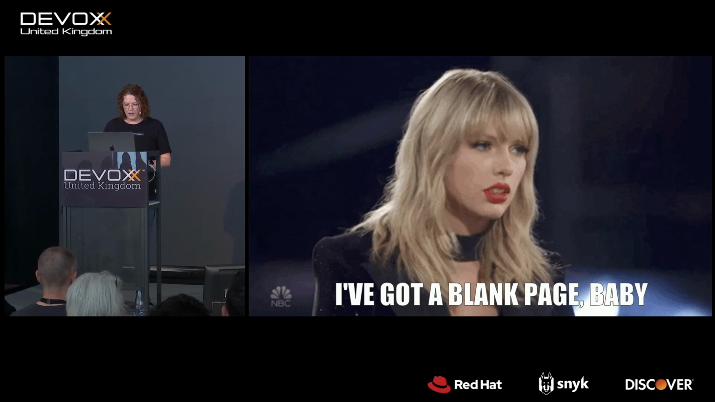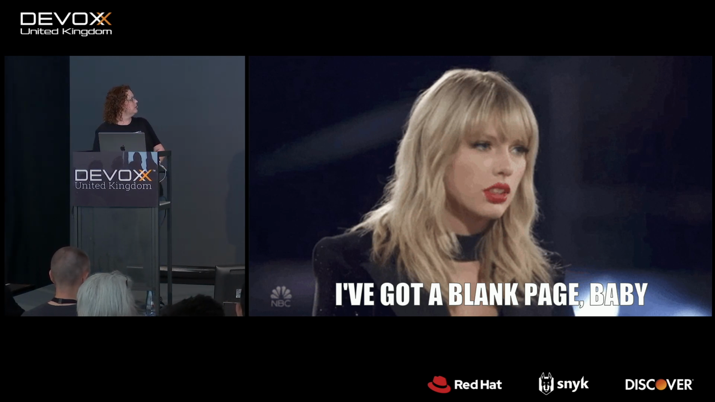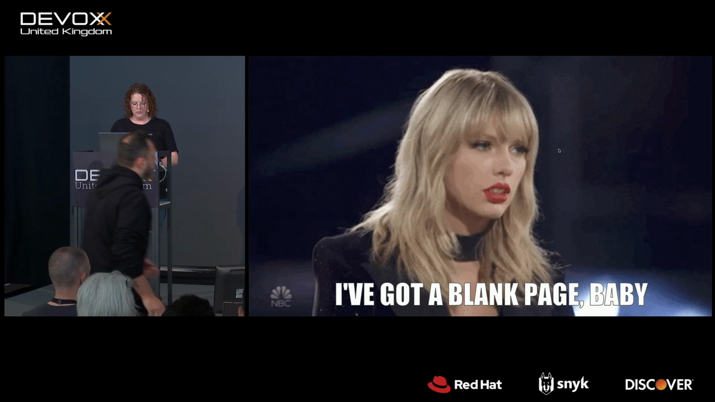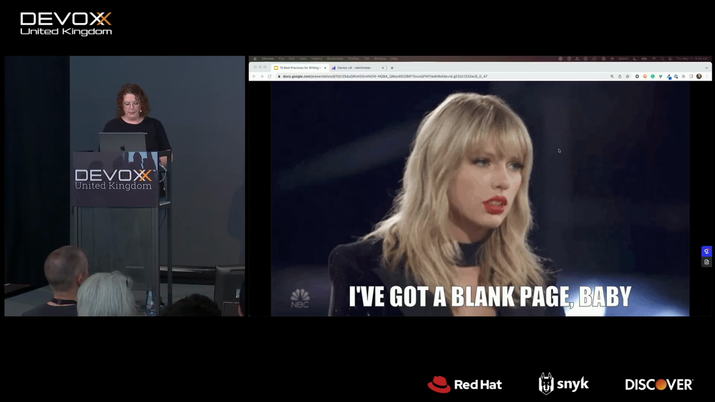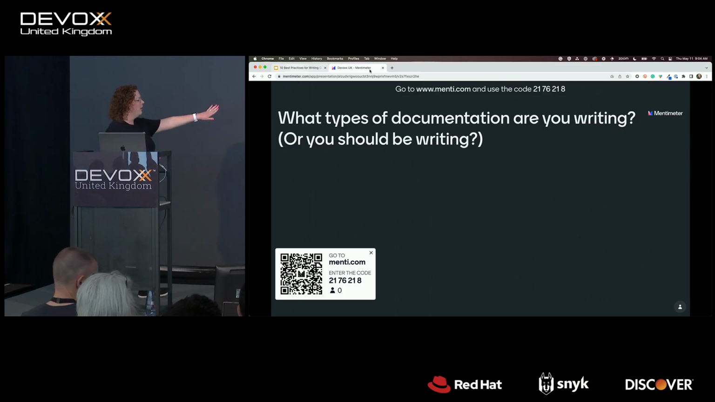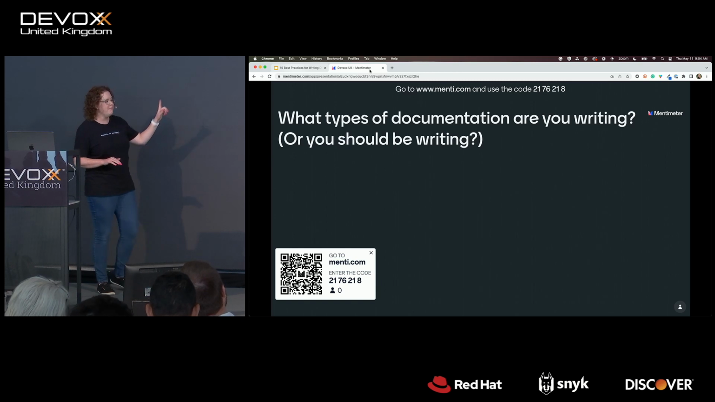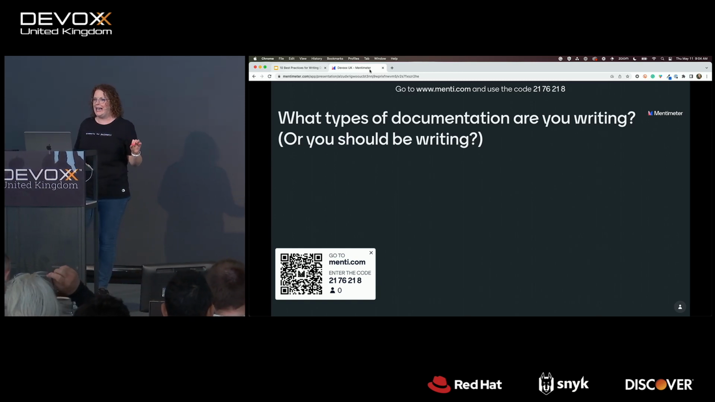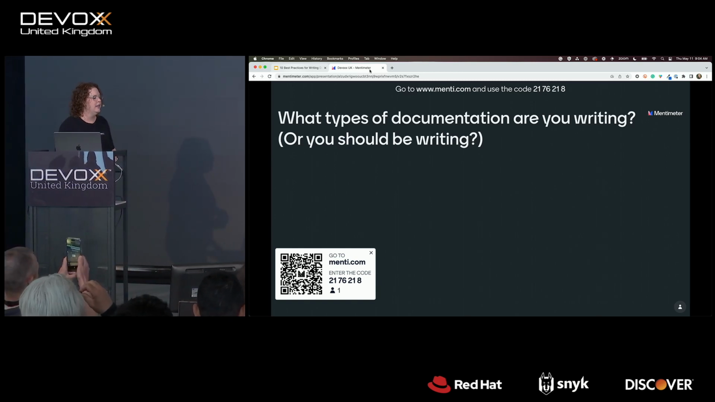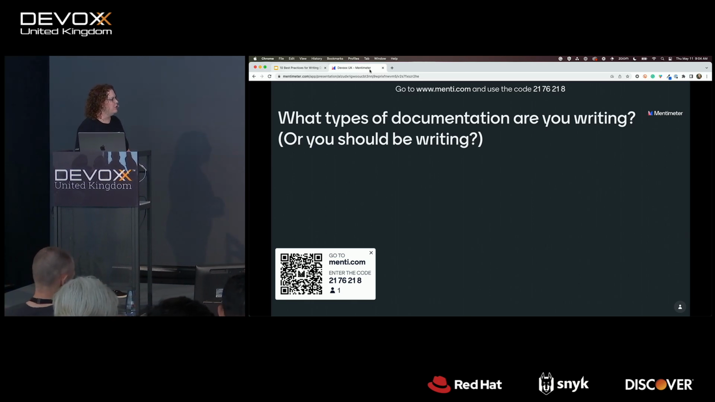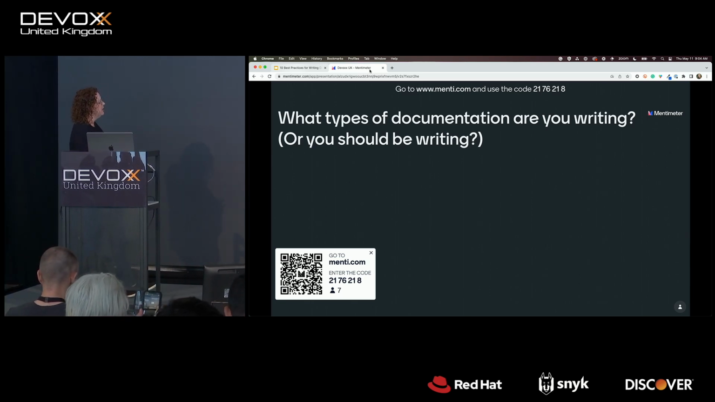And let's see, there's my mouse. We're going to hop over to menti.com. There's a QR code on the screen that you can navigate to, or you can go directly to menti.com. And it's going to ask you to enter a code. So I'll read that aloud. It is